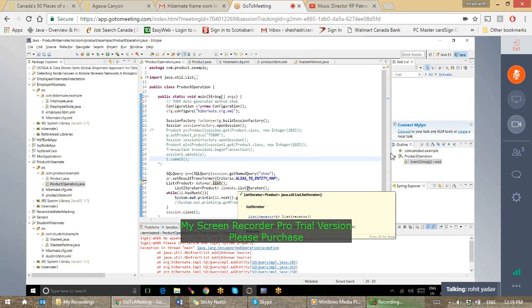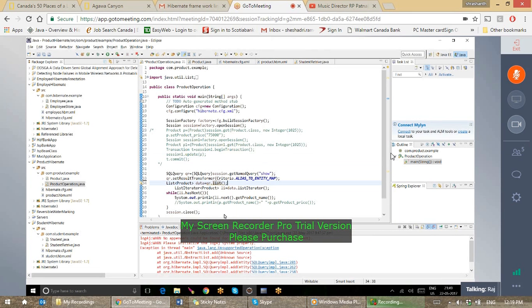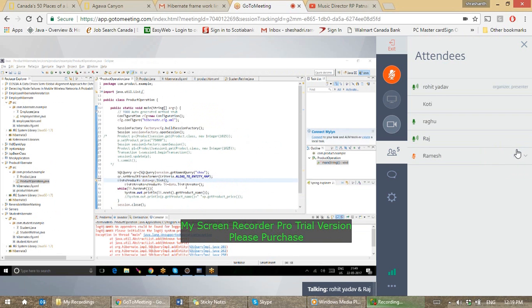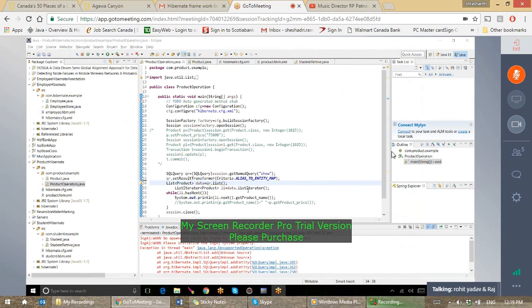What is a factory method? Anyone? Creates object. A method which creates object, a method which generates the object, right? So here the same thing is happening for us also. Like list iterator is the thing which generates the object. So these are the small concepts we have covered: named query, scalar retrieve, entity retrieve, hibernate insert, update,